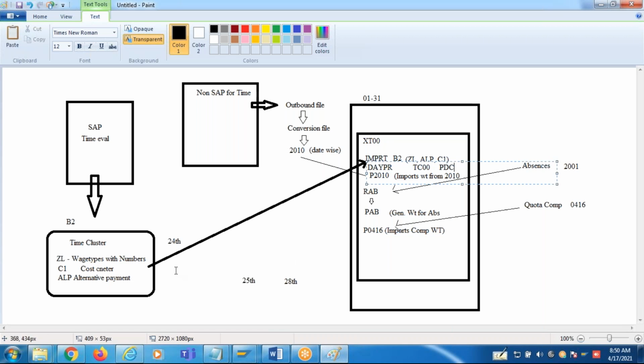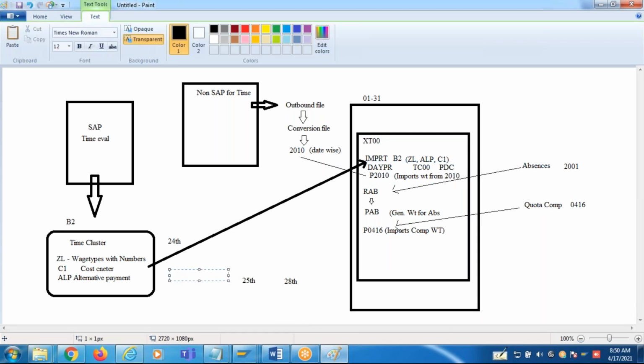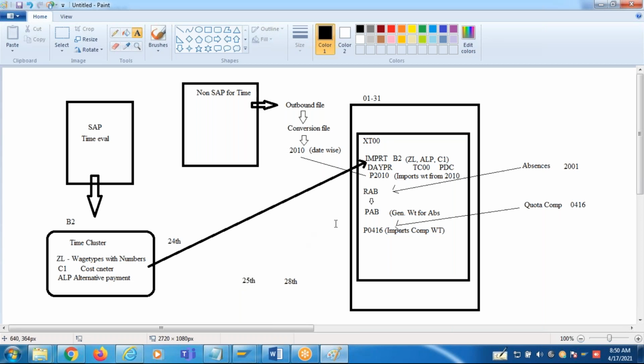The PDC recalculation date here is 25th, guys, because until 24th the time evaluation is accounted. Then the recalculation date is 25th. So you are running a time evaluation using this.